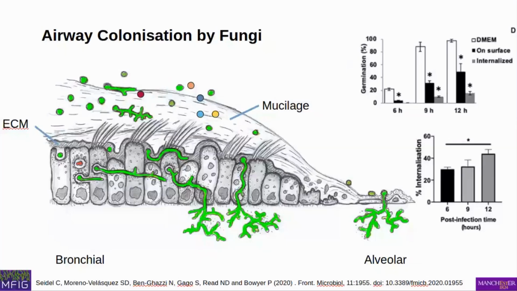And again, perfectly normal. Probably every single person in the world has about 5 to 20 of these tiny microcolonies in their lungs at any given time. So perfectly normal to have fungi in your lung. It's only when this gets a little bit out of hand does it become a problem.